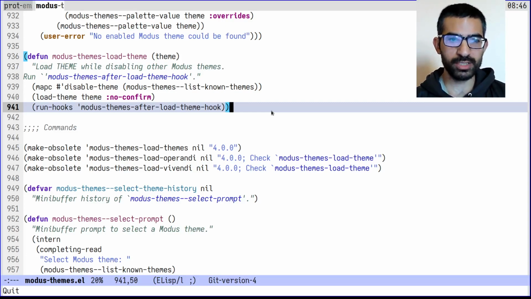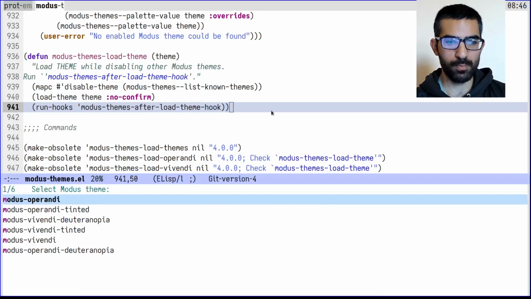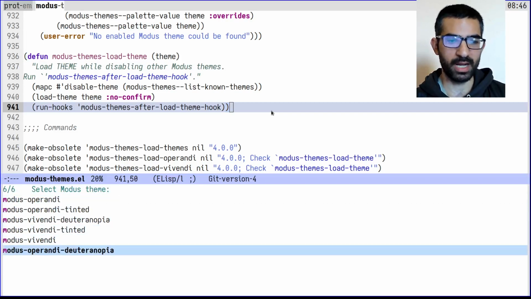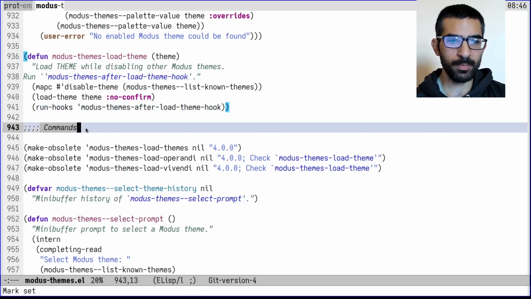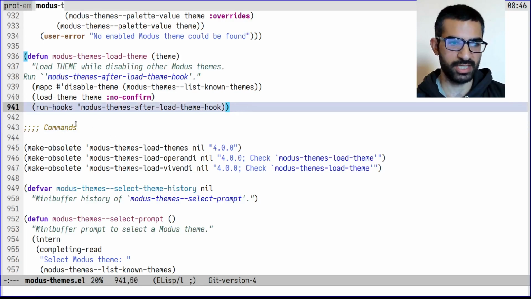Let's now switch to the deuteranopia version of modus operandi over here. This is like modus operandi. When you load it, it looks almost the same. The comments are a bit different. They are a shade of yellow, but the real difference here is with color codings that normally use red and